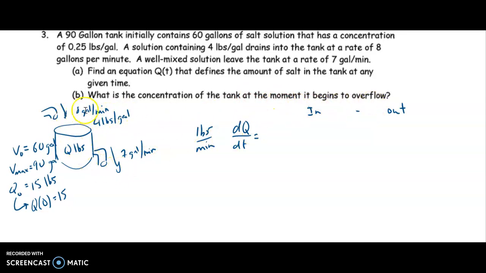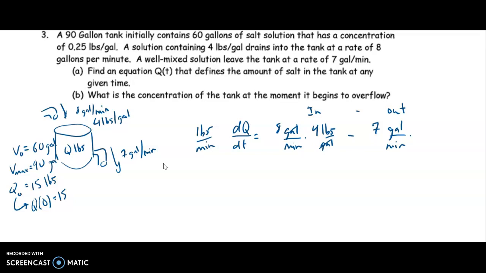The in pounds per minute is pretty simple. I just multiply these two right here. Because if I do 8 gallons per minute times 4 pounds per gallon, then the gallons clearly cancel, and I get pounds per minute, which is what I'm looking for here. The out is a little bit more work. We're definitely going to use this 7 gallons per minute. So I'm going to write minus 7 gallons per minute